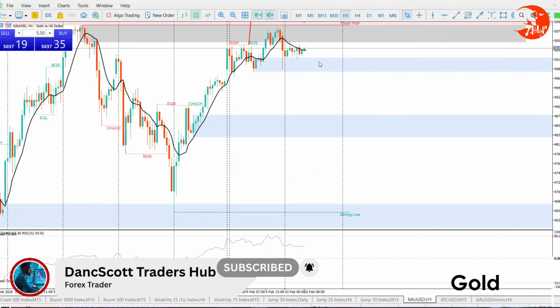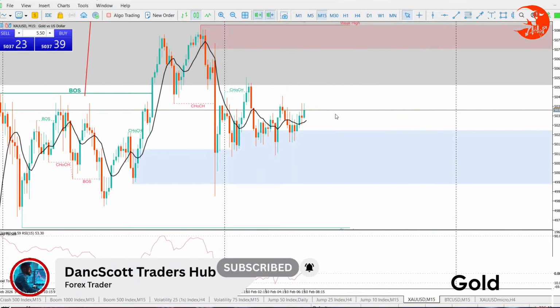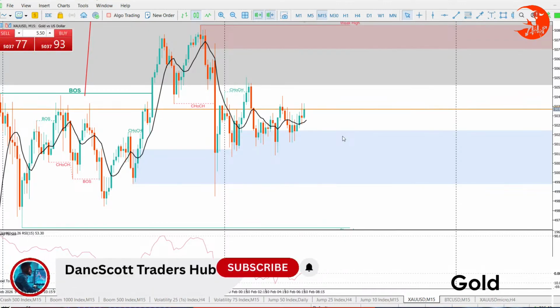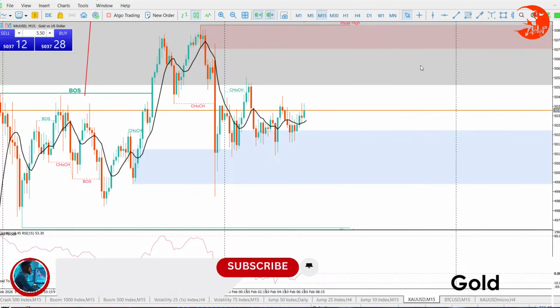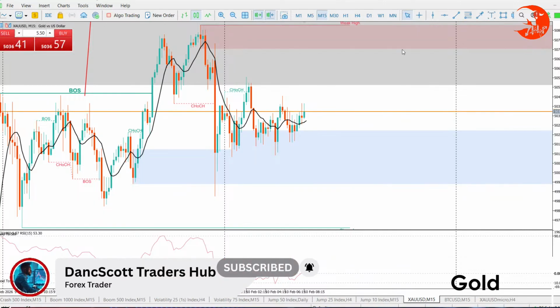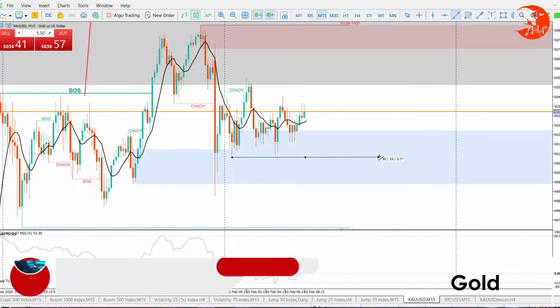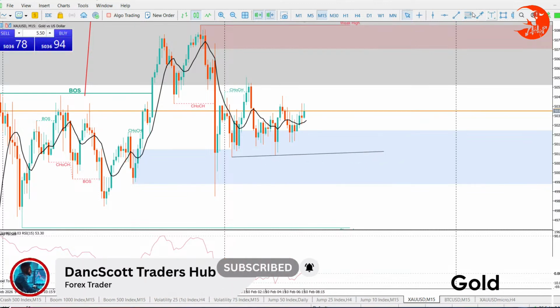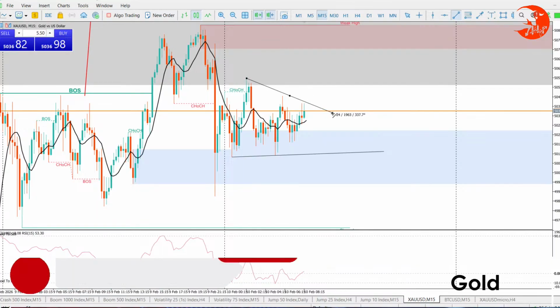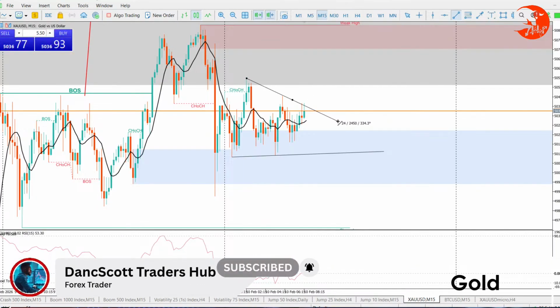So looking at H1, we are overbought, sorry, but then there's that weird level. We have a resistance and a support. If we go to M15, you see it clearly right there. So how is it that we cannot get an entry here? Not an entry, but we cannot get exactly what the market is trying to do here. So let's pull out our trend lines. We try to understand this better.